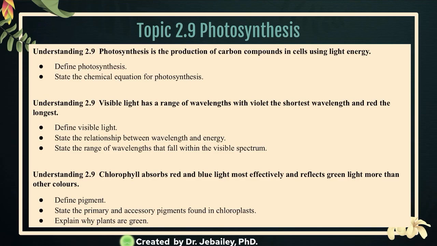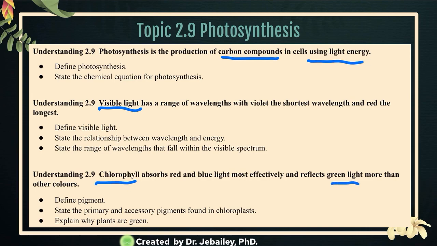The first thing, we need to know that photosynthesis is the production of a carbon compound. In this case, we're going to see that it's glucose, but you can only do that by using light energy. We're going to talk about light energy. There are different ranges of colors, right? Going all the way from violet to red. We're also going to talk about pigments such as chlorophyll and how it's absorbing all colors except the greens and